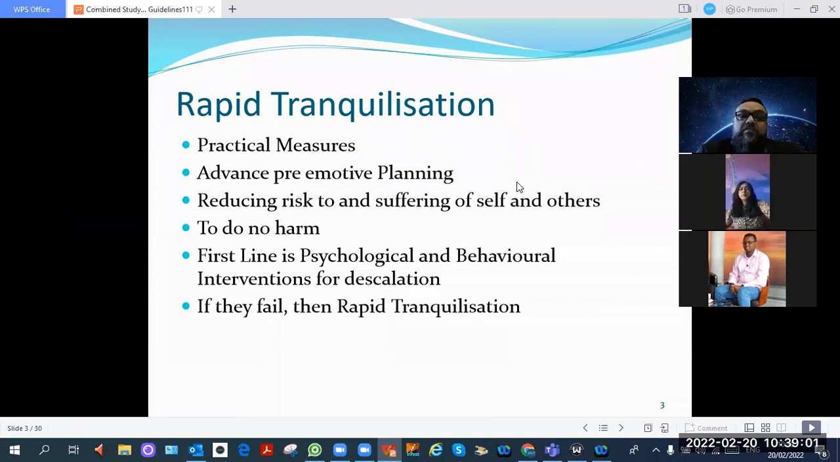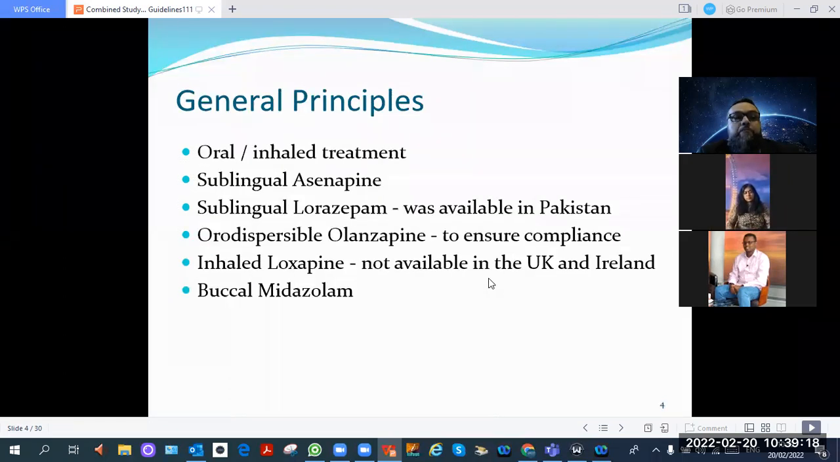So the first line is psychological and behavioral interventions for de-escalation. If they fail, then rapid tranquilization. When we come to the protocol, we'll invite Dr. Seshni to throw light on verbal de-escalation techniques. So, general principles: first of all, verbal de-escalation, then oral or inhaled treatment, or sublingual treatment,